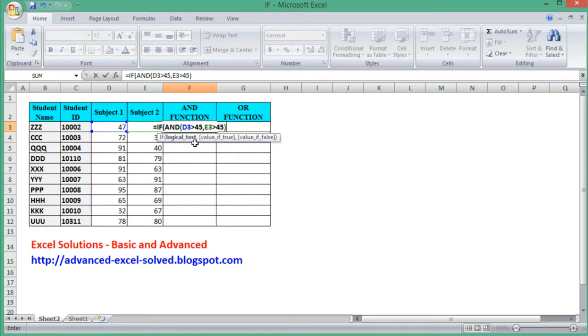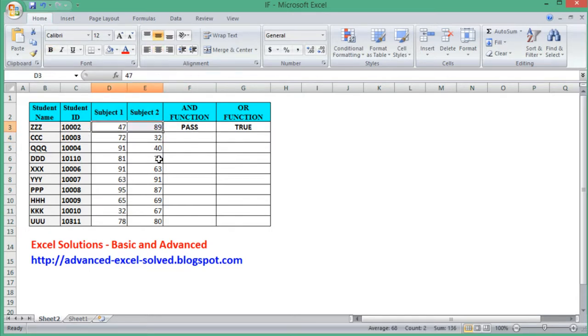If it is true, look here, it is the logical test, then value if true, print Pass, else print Fail. Enter, it is a fail student. Now convert this 33 to 89, a huge number, and this is a student who passes in both these subjects, right? I hope